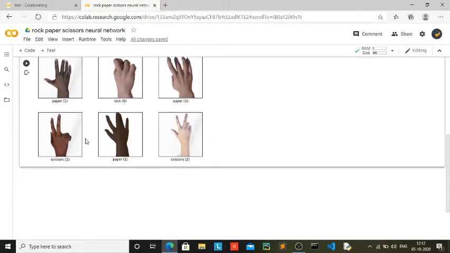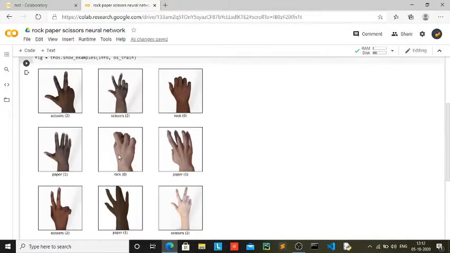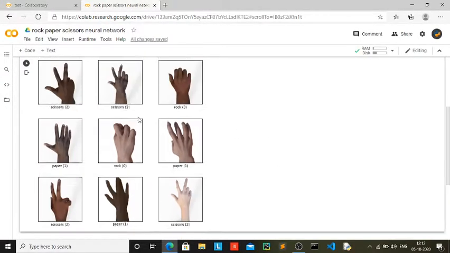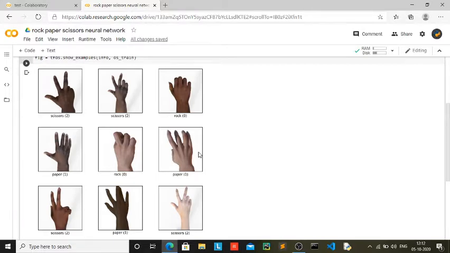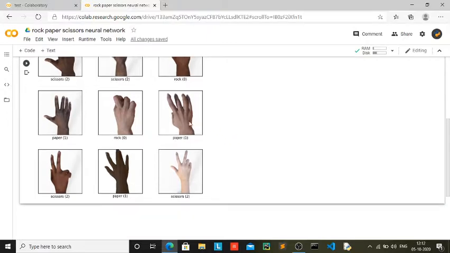Now the images over here are automatically generated, so they are not exactly hands. They were simulated in the computer, so you will see some of them are a bit weird. As you can see, this paper one is a bit sketchy. Looks like some sort of a vamp. So yeah,